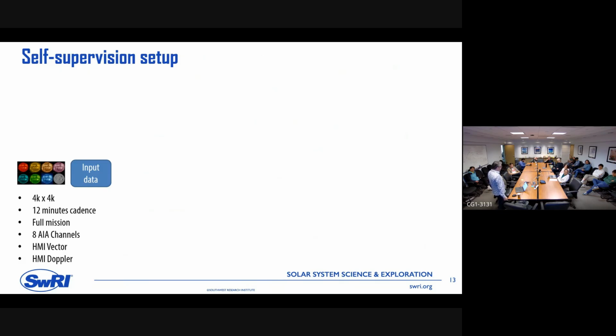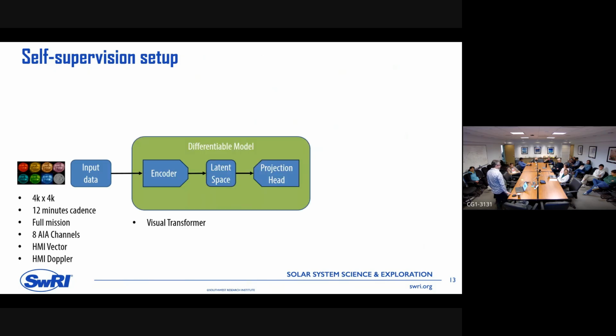It has 8 AIA channels, the HMI vector magnetogram components, the 3 components, HMI Dopplergrams, and it also has the line of sight. Good. I forgot to put it there.